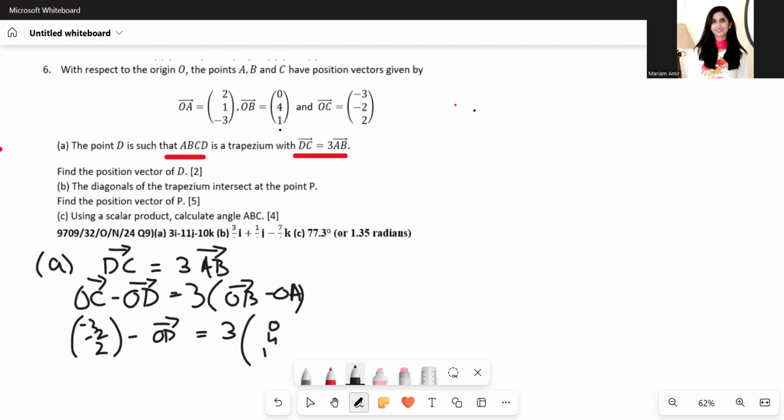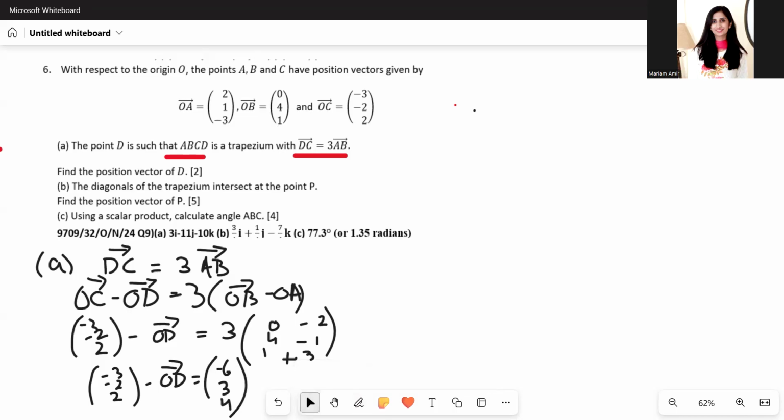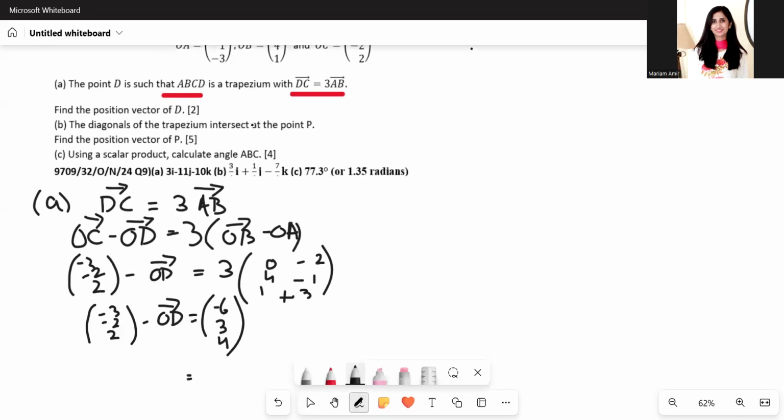OB is 0, 4, 1. Minus OA would be minus 2, minus 1, plus 3. So we get minus 3, minus 2, 2 here, minus OD equals, we'll get a minus 6, we'll get a 3, and we'll get a 4. Now make OD the subject and subtract these two column vectors. So it would be 3, minus 2, 2, minus minus 6, 3, and 4, which gives us